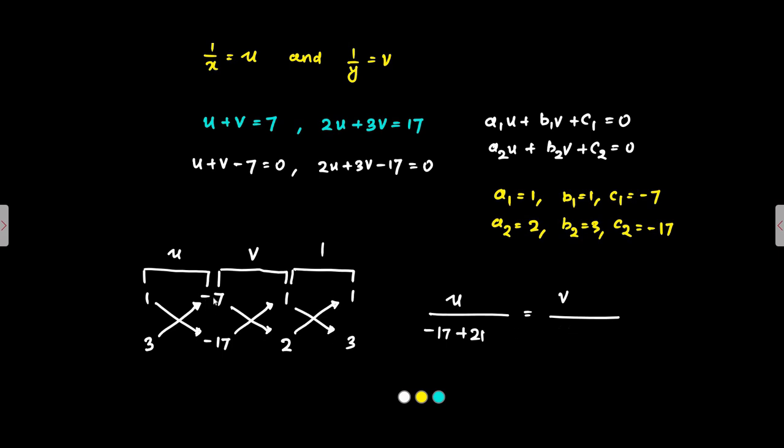So minus 7 into 2, which is minus 14, minus minus 17 into 1. So it is minus 14 plus 17, is equal to 1 by a1 b2 minus a2 b1. So here it is 1 into 3, 3, minus 2 into 1, 2, so 3 minus 2. That implies